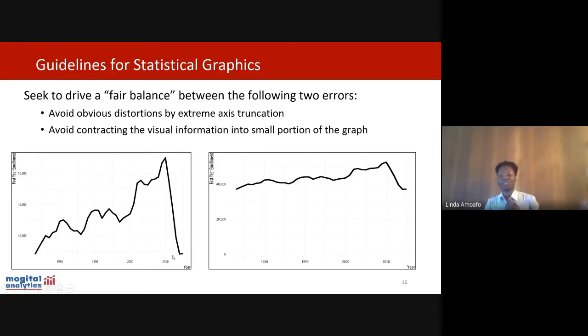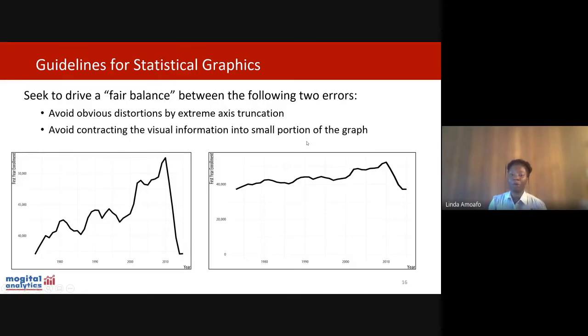And then we have this sharp decline right here. So when you look at this, you see, oh okay, there is a steep increase happening here. But when you look at the right-hand side, this doesn't show that steep increase. It's just a steady increase, and then we have a decline. It's a sharp decline, but it's not telling us something different from what this graph is trying to tell us. And then the next thing that we need to avoid is contracting